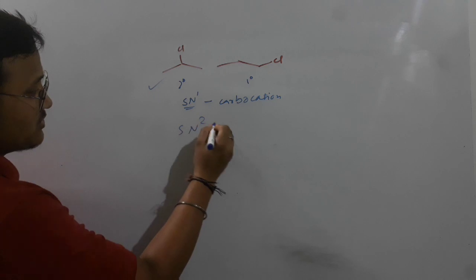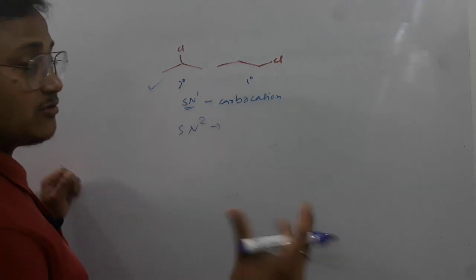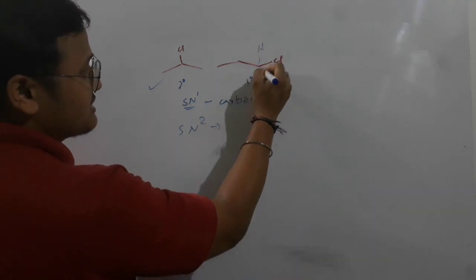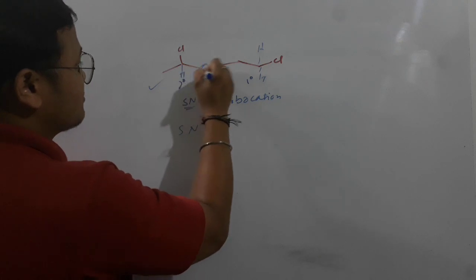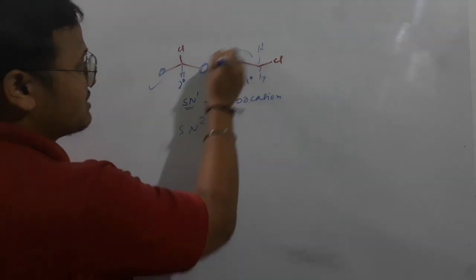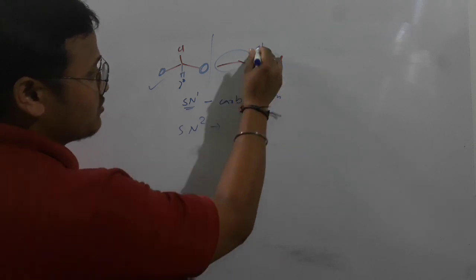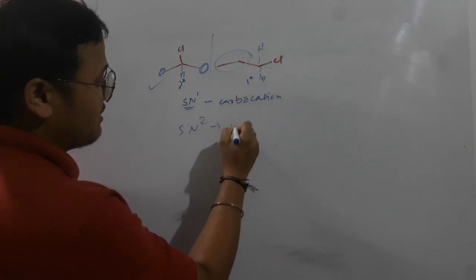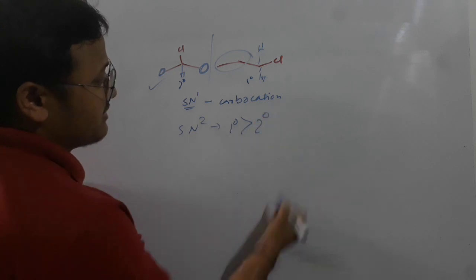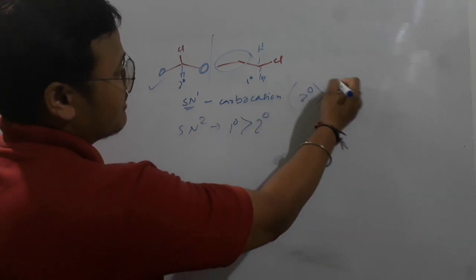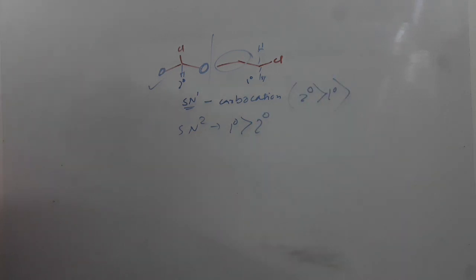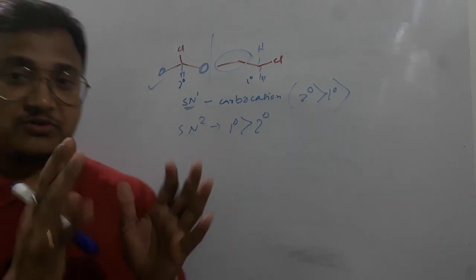But if you look at SN2 here, then you will look at the bulky group. Here 2 hydrogens are there, but here only 1 hydrogen. So these are the bulky groups. This is a one-sided bulky group in 1 degree, so these sides are vacant. So that means 1 degree will proceed faster than 2 degree in SN2, and in SN1, 2 degree will proceed faster than 1 degree. So this is what you have to look at, the different prospects.